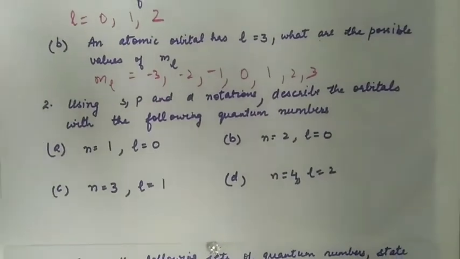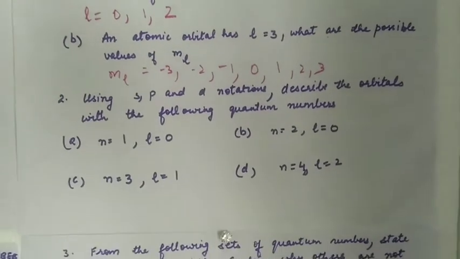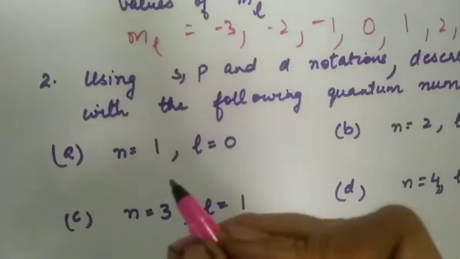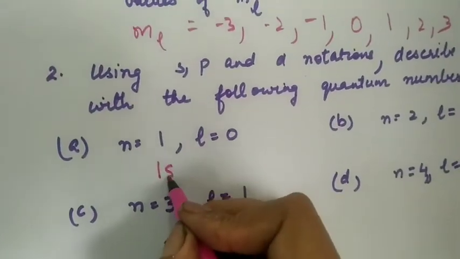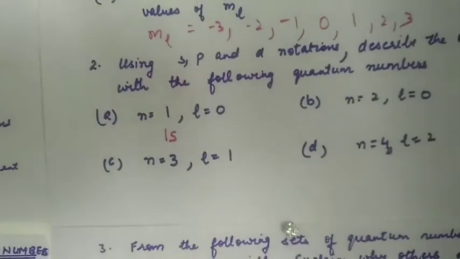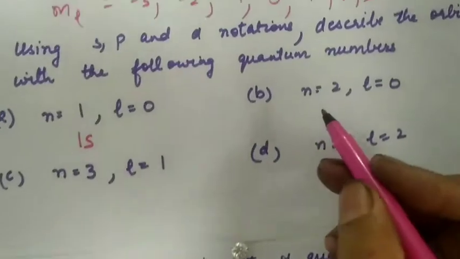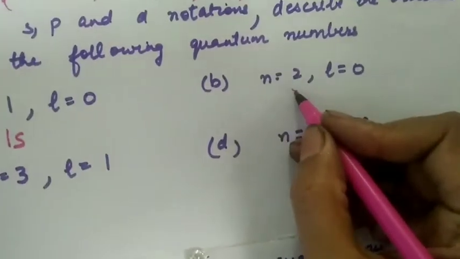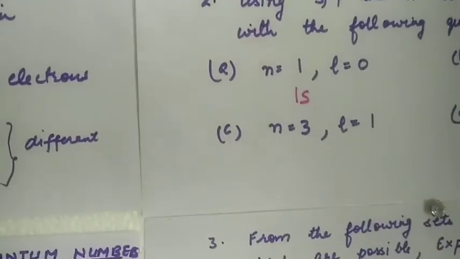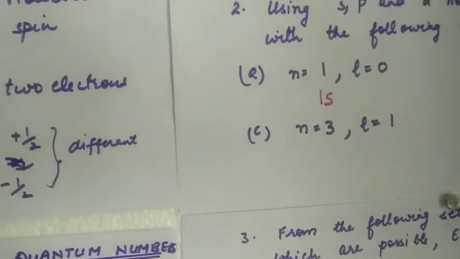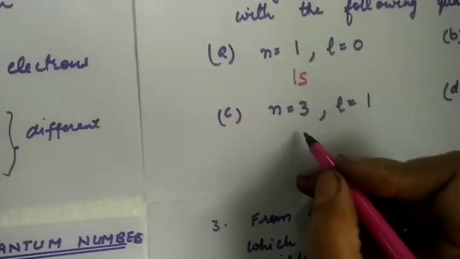Next question, using S, P and D notation, describe the orbitals with the following quantum numbers. n is equal to 1, L is equal to 0 is 1s. When the value of L is 0, the subshell is S subshell. n is equal to 2, L is equal to 0 is 2s. n is equal to 3, L is equal to 1. So when L is 1, it is P. So the name of the orbital will be